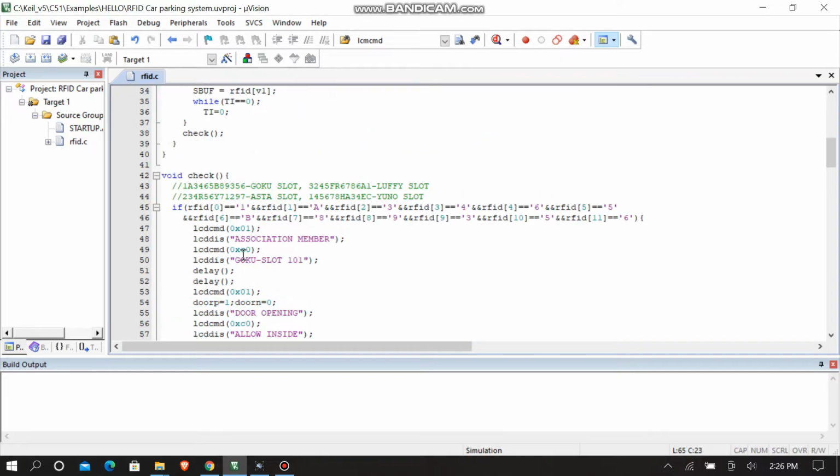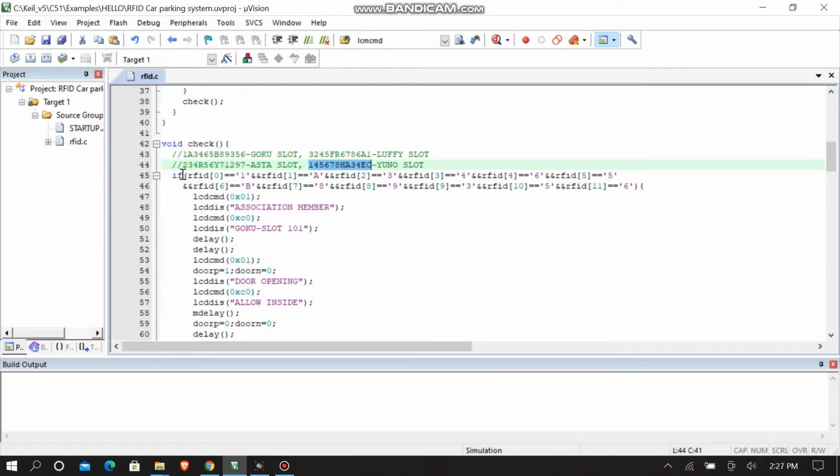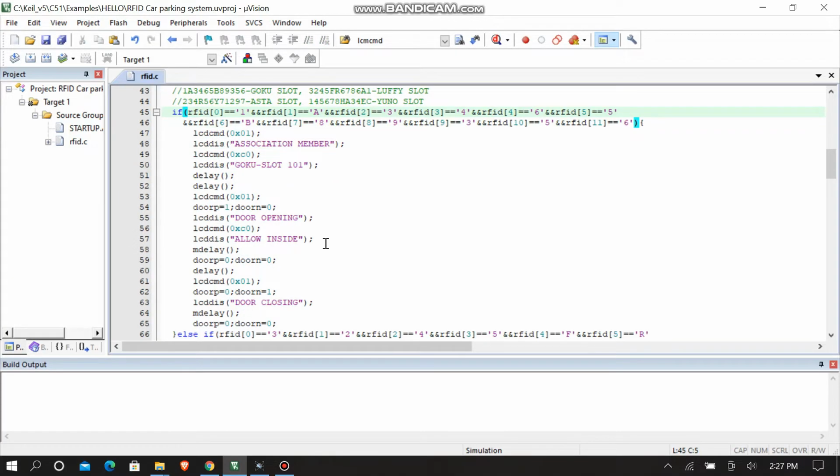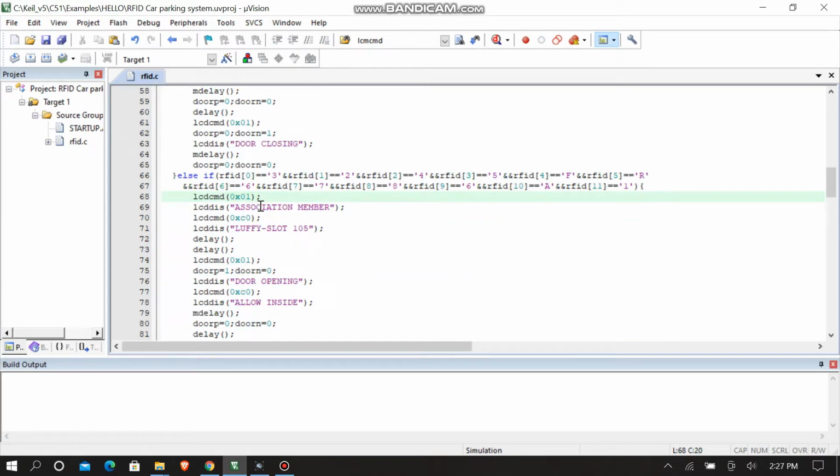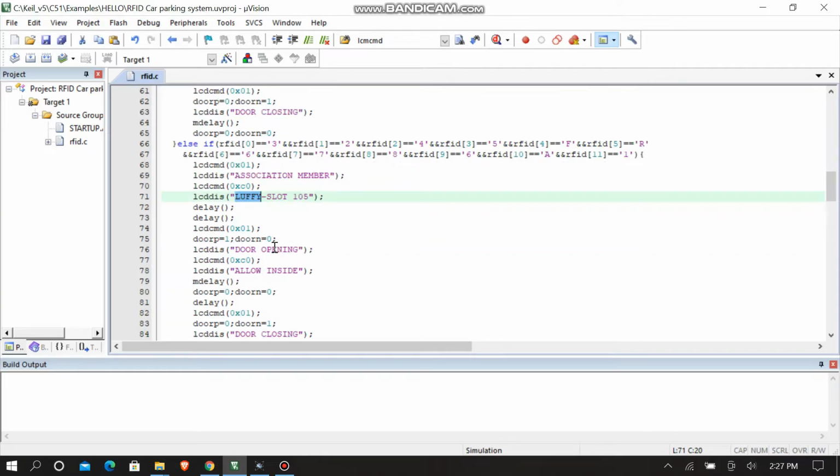So this if clause was for one user. For 4 users, we can use the same logic for every user using else if. Here also we have checked the string to see if it is correct or not for the user. Then we can display association member and show which user it was who has opened the door, and